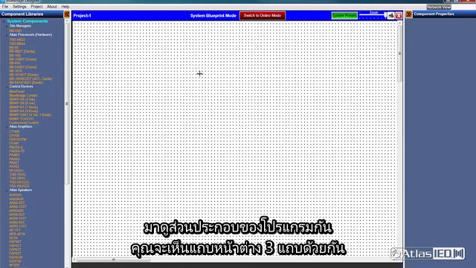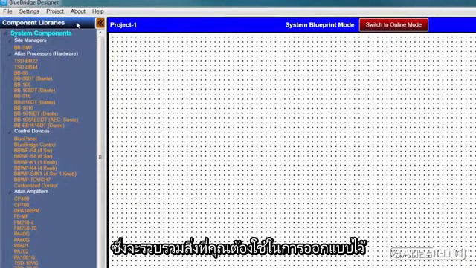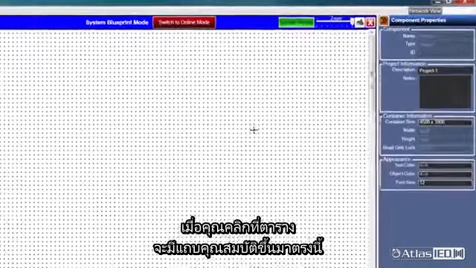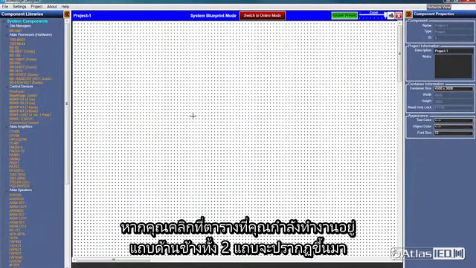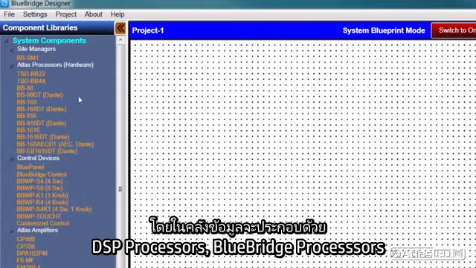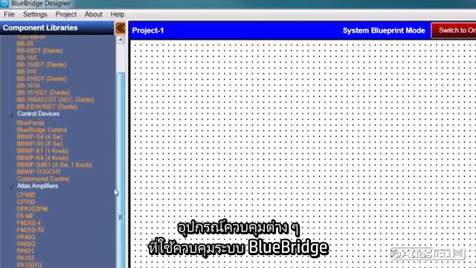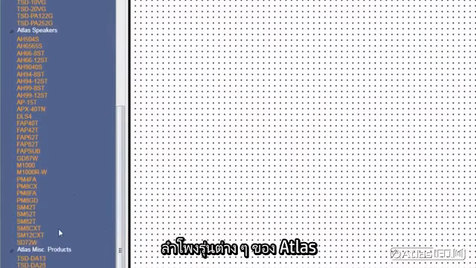We have 3 window panes. We have the component libraries over here, and the component libraries are what is allowed on the grid. So if you click on the grid, you can see how the properties just populated. When you click on the grid that you want to work on, the 2 window panes to the sides will populate. The libraries have things like our DSP processors, all the BlueBridge DSP processors, all the control devices for controlling BlueBridge. We have a complement of Atlas amplifiers that can be dragged onto your project, several Atlas speakers,